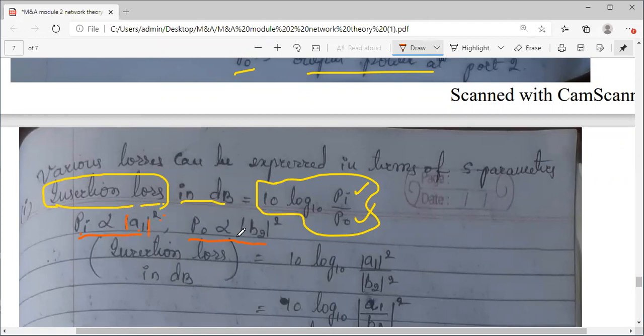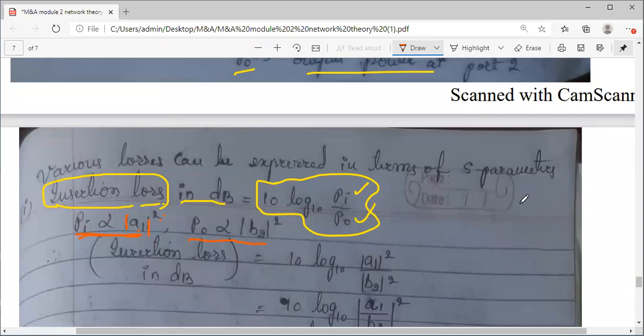क्योंकि हमें phase नहीं consider कर रही हूँ, that's why any wave, reflected wave हो या incident wave हो, it is not purely V or I, it is having both its magnitude and phase. तो मैं यहाँ पे voltage square ले रही हूँ, so take the magnitude, not bothered about the phase. So this is the proportionality concept. Input power is proportional to A1 and output power is proportional to B2, that is the squares.